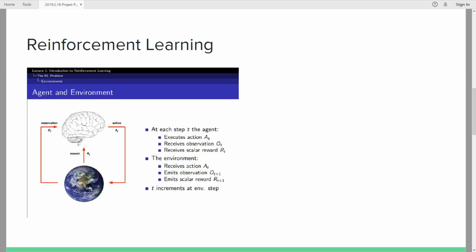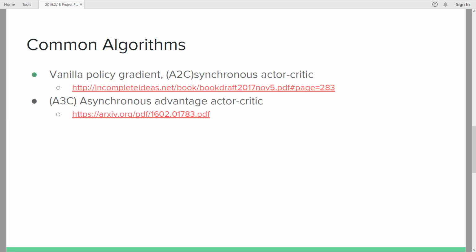And the way we're going to solve this problem is to put it under the framework of reinforcement learning, where at each time step, the agent is going to perform some action, A_t, and it's going to receive some observation, O_t, and a scalar reward, R_t. So that hopefully the agent will be able to understand the consequences of its actions to improve its behavior, and hopefully in the future will perform in such a way that maximizes its future rewards.